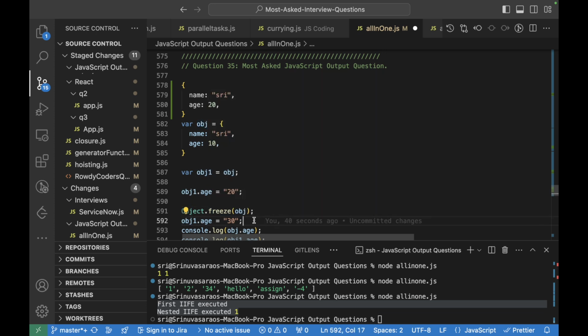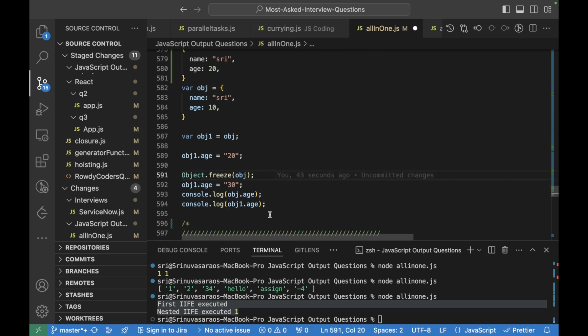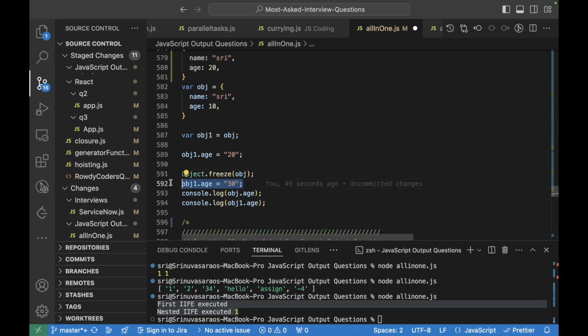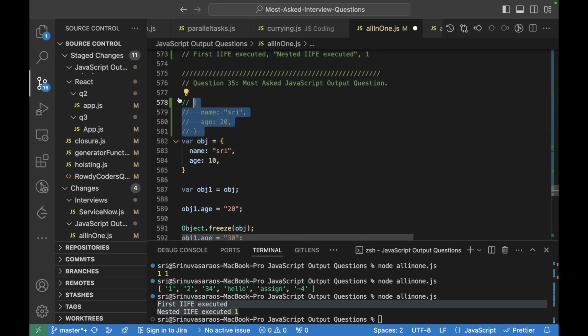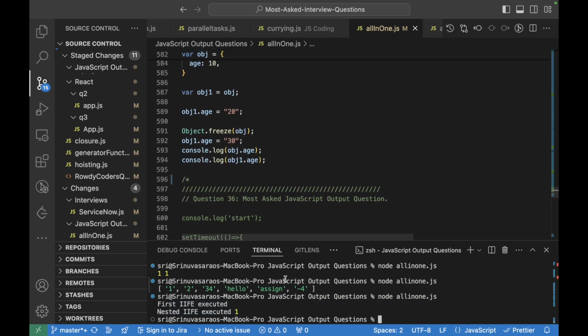So when we try to change object1 also, we won't be able to change. Yeah, we won't be able to change this to 30, and when we try to console it, it will give this only. Okay, let me run this as well.